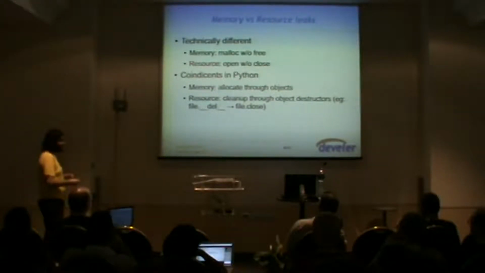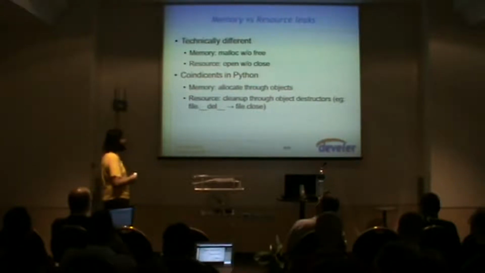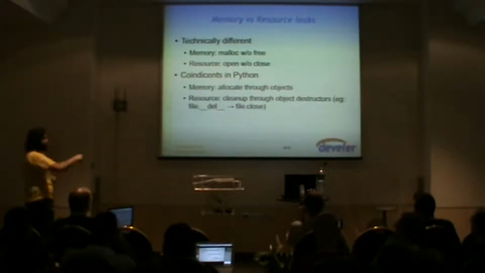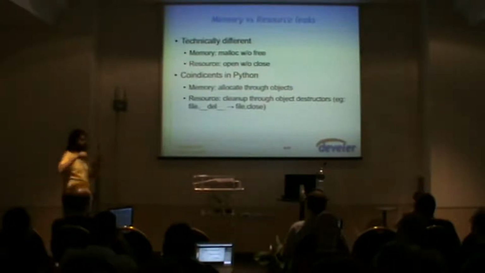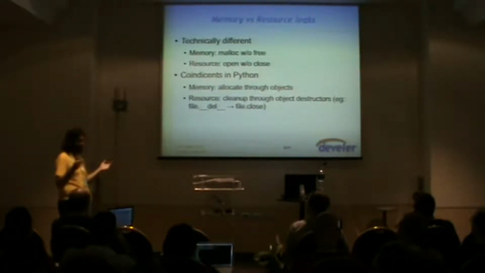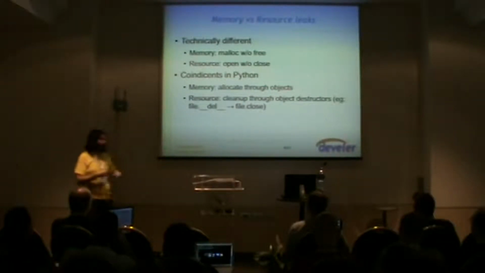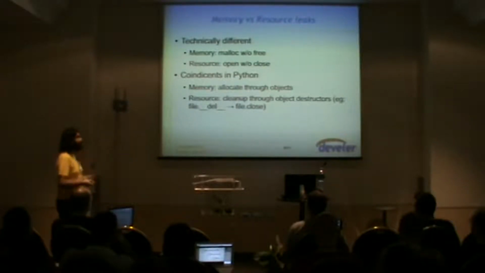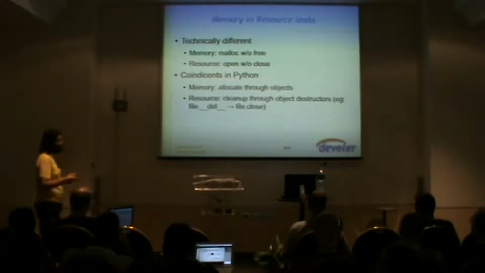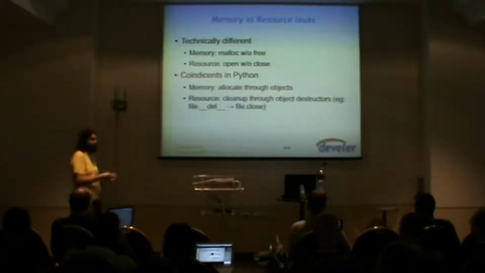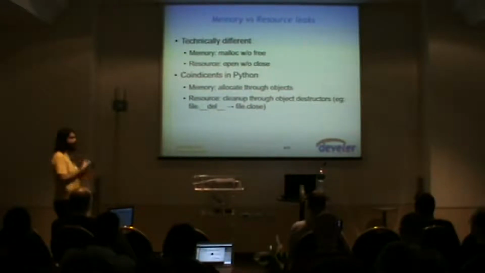Since the cleanup usually happens through the object destructor, for instance, you have this __del__ method that we will analyze later. This method should be automatically called for you when you are done with the object, and it invokes the close method of the file. Since you have this mechanism, you shouldn't have any leak, right? But still there can be problems. So we will focus on how you lose track of objects, and they somehow manage to still be in your process memory.